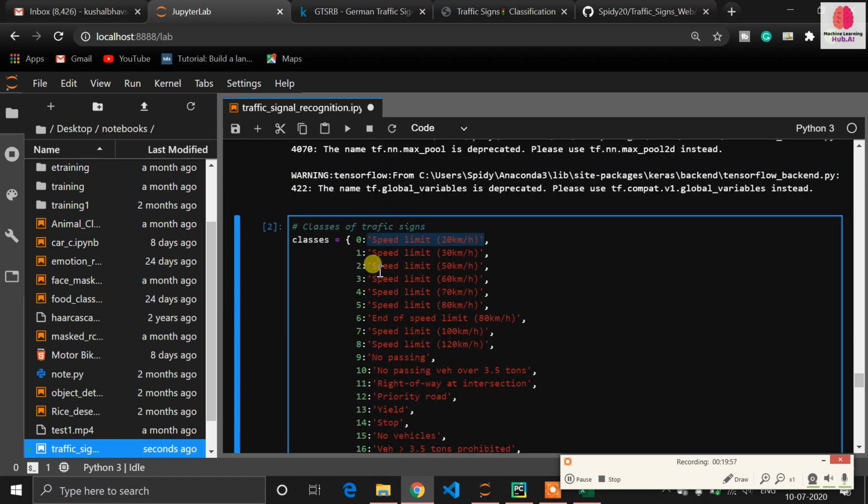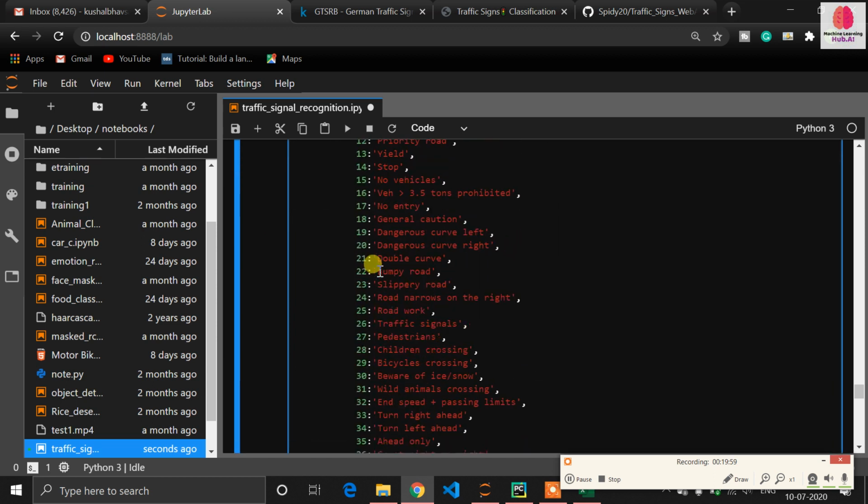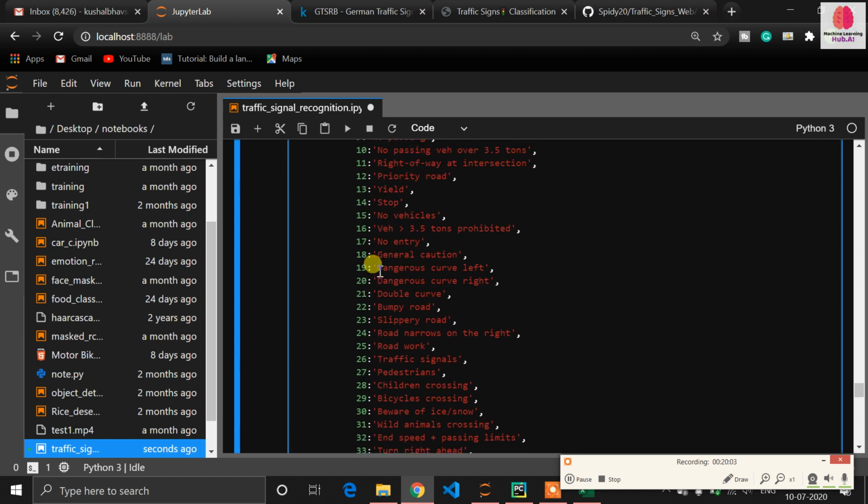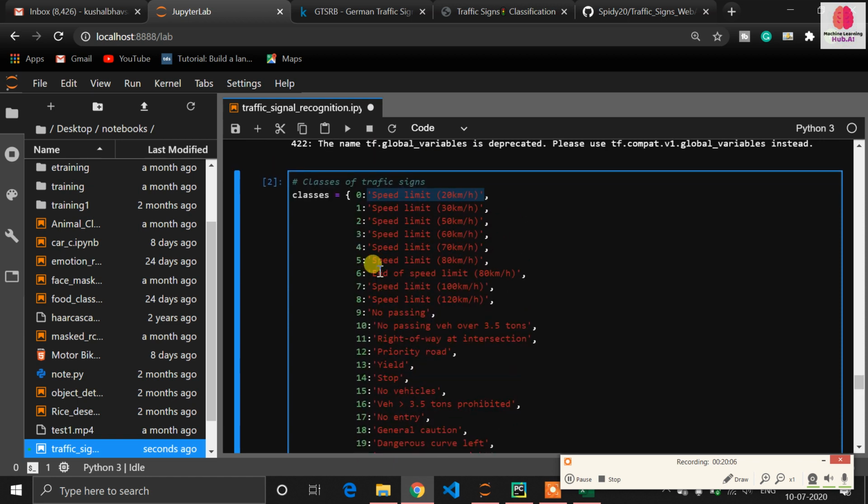Now you can see the classes start from 1 to 43, but guys, we are using a dictionary, and the model also returns a value. Our machines only start counting from 0. So my machine counts this first class as 0.